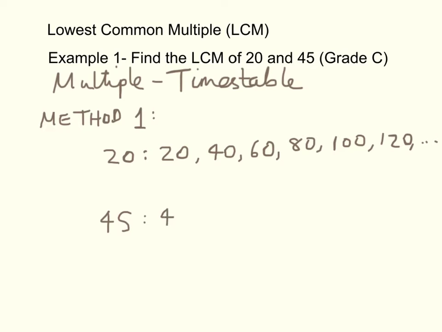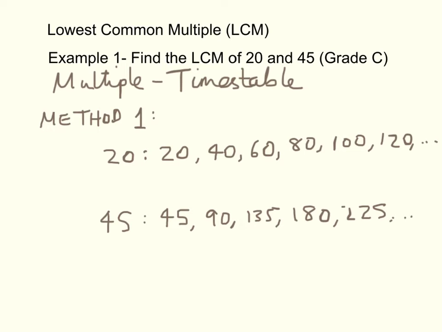So we have 45, 90, 135, 180, 225, and they go on. Now you'll notice so far my times table for 20 goes to 120,